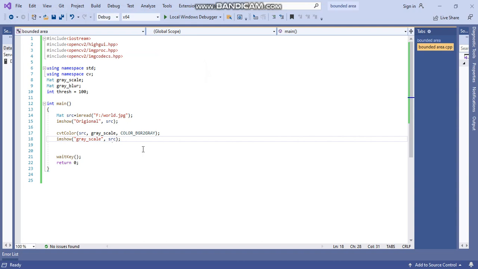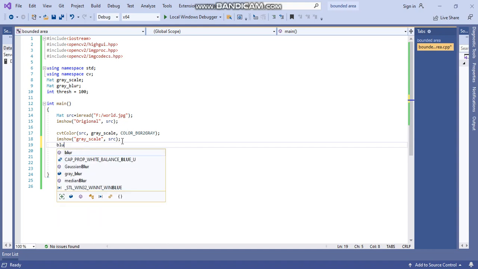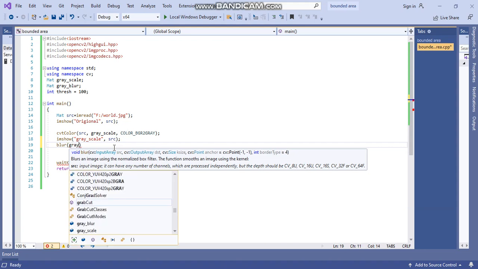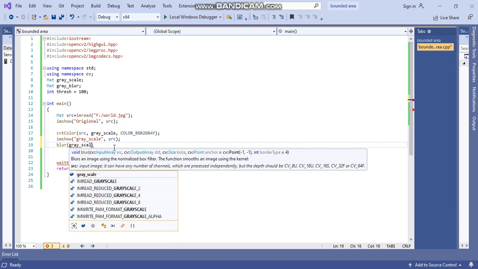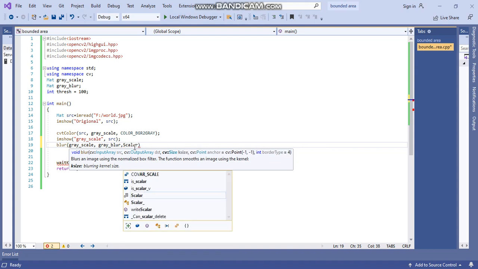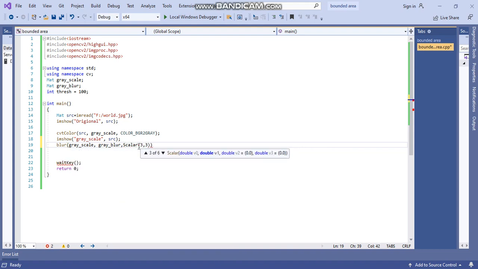Next, we are going to blur, right? So use the blur function, and in blur you write the input array grayscale, okay, and then the output array gray_blur. Gray is blurred, so write gray_blur, and then the size, say Size(3,3).